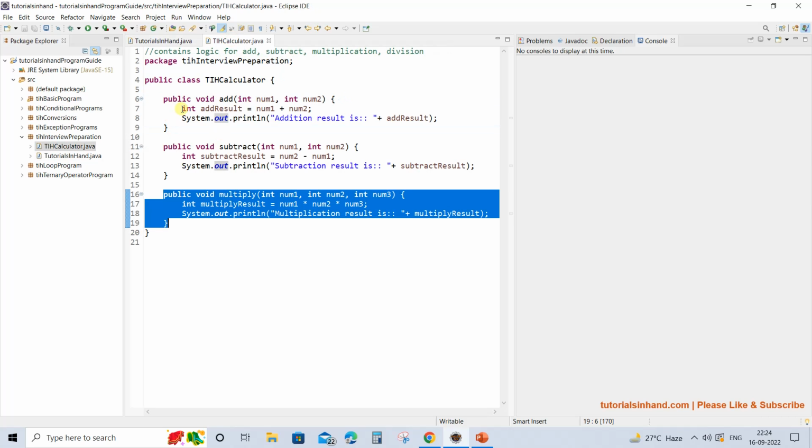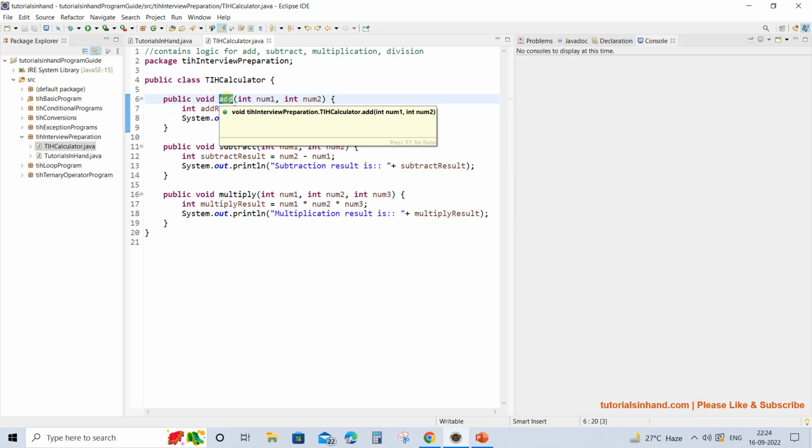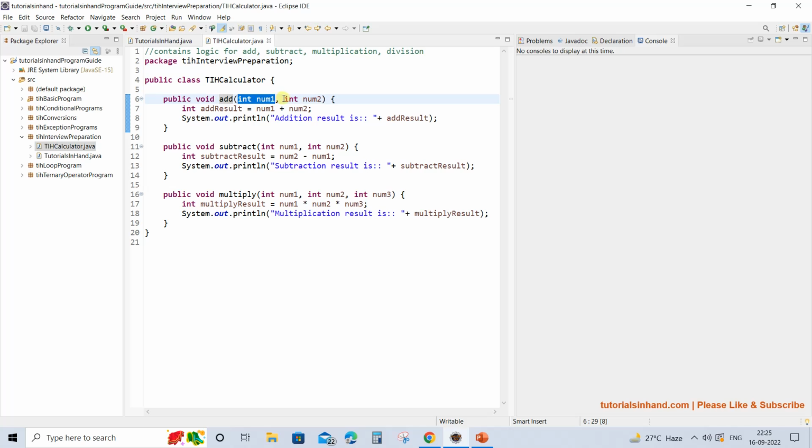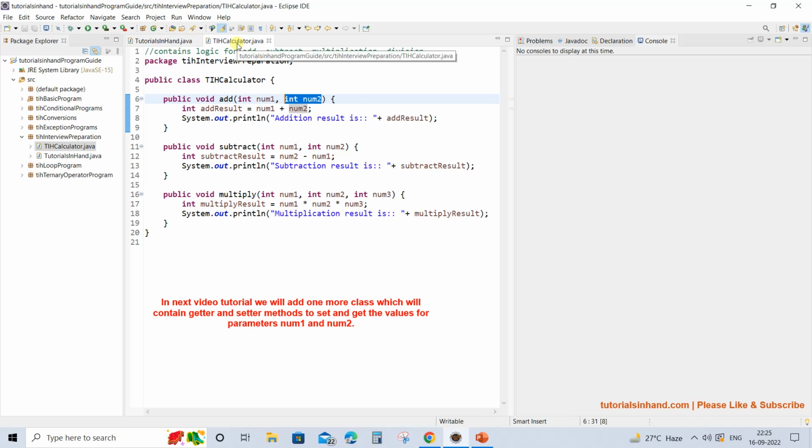Another one is the main class from where we can call these methods, and another one is a getter setter class, that is a POJO class, which will help you to pass the parameters of these methods when you call it. That means it is accepting two parameters like number 1, number 2, so it will help you to pass the parameters. But for now we are not going to have the third class. We will rather have it in the next video tutorial. Let's first understand the basics, and once you are clear how these two classes work, then we will introduce the third class, that is the POJO getter and setter class as well.